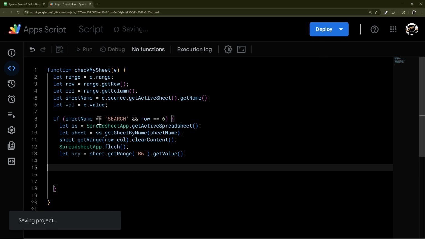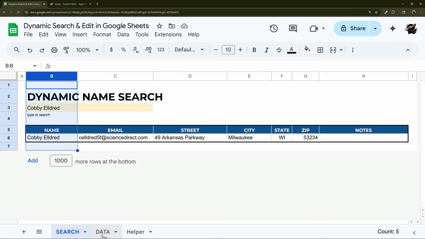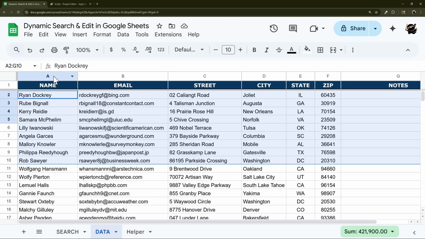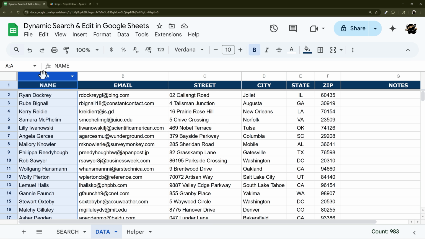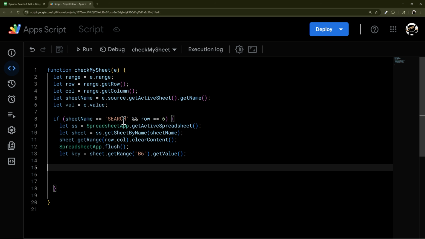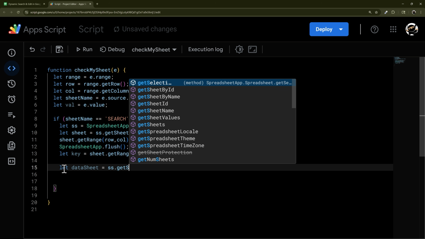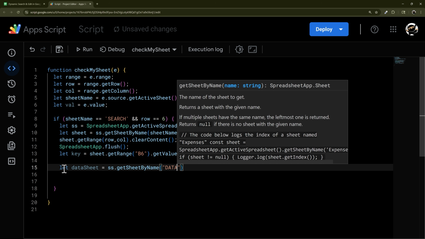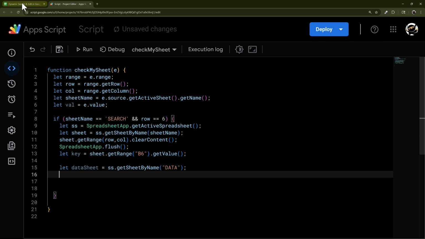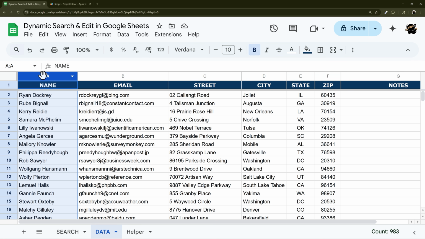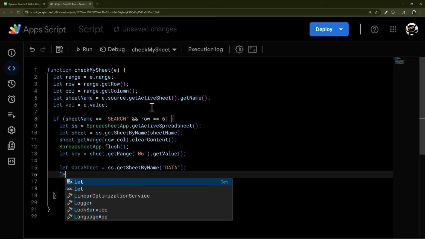And so now we can go to our data tab and get the values from this name field and figure out which row we need. So for that, let dataSheet equal ss.getSheetByName data. And so now we have access to this tab. Now we just need to get the values from this column. And so we'll say let data